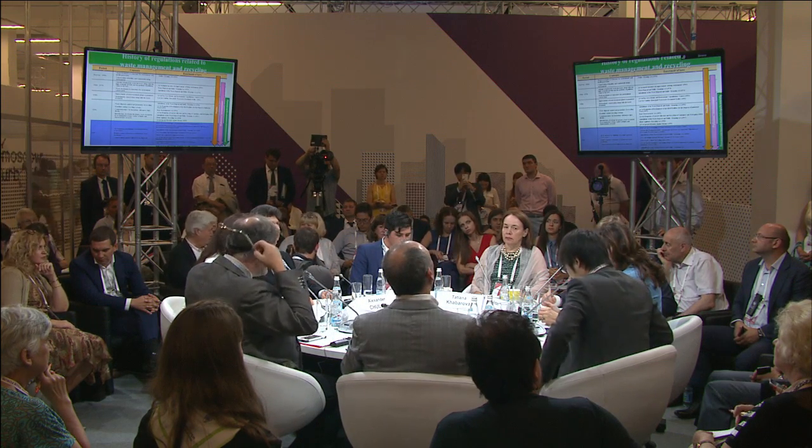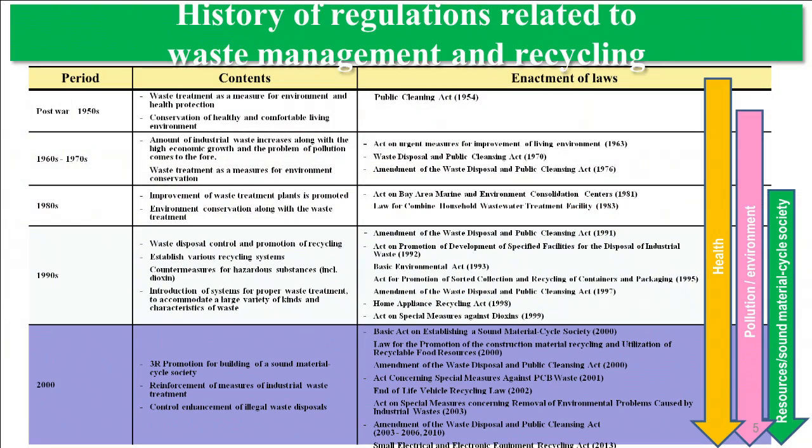And let me move on to the laws and history in Japan. We can identify 3 different phases in our history. One is the health or sanitation phase. The second phase is the pollution or environment phase. And the last phase is the resource or material cycle phase. And the first phase,